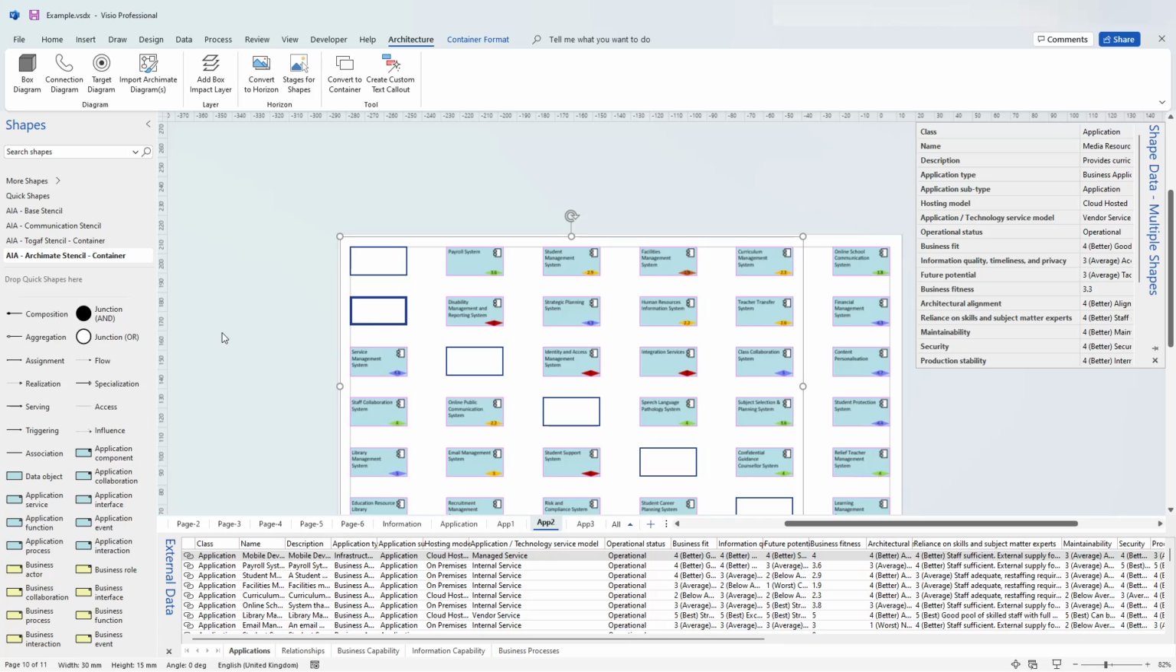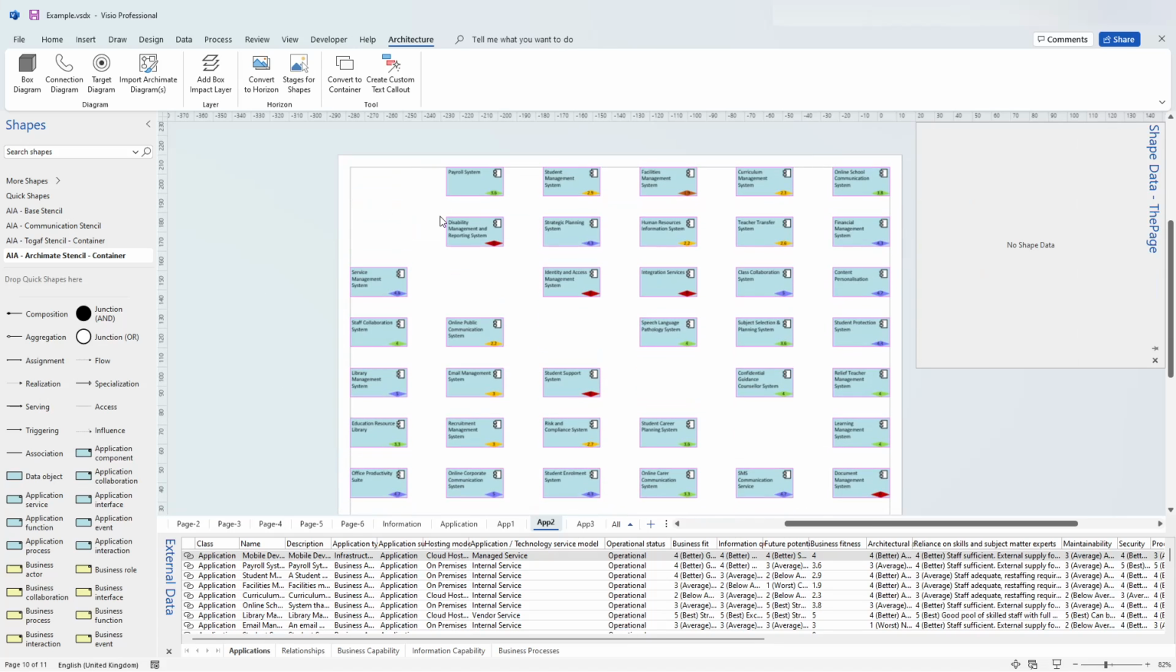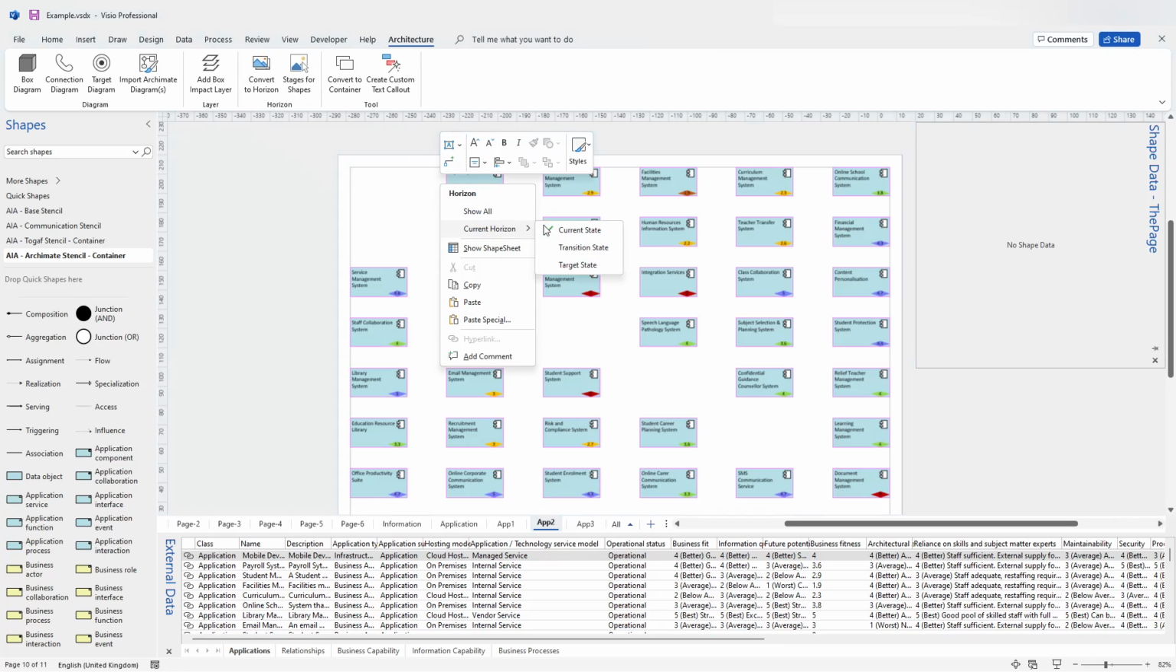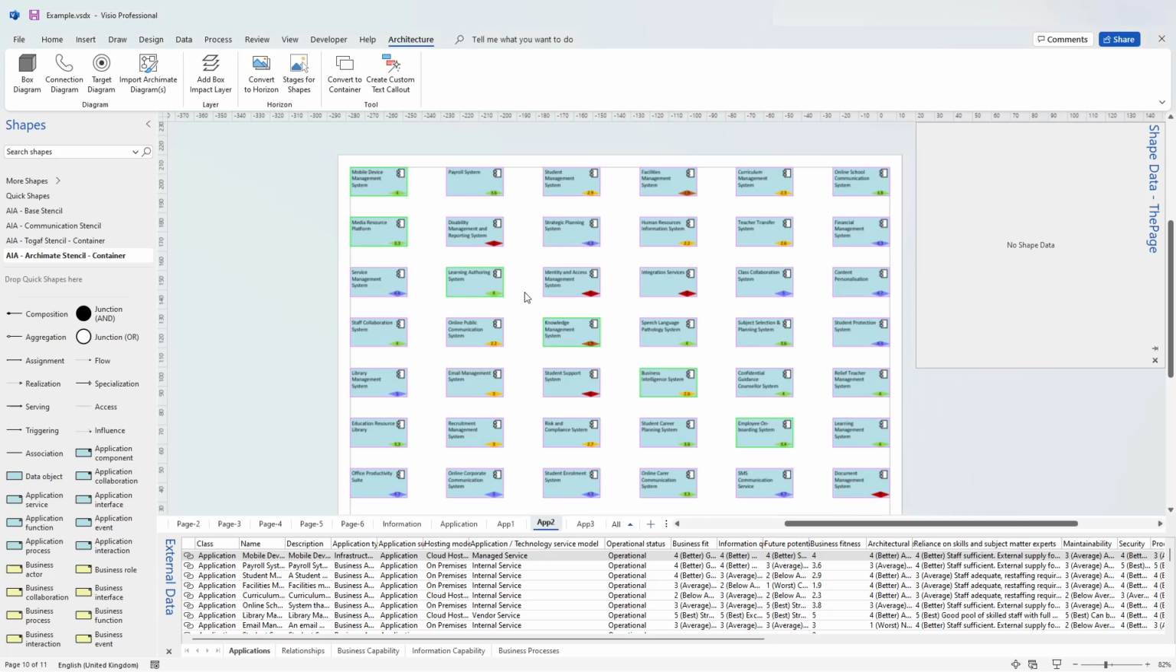Now immediately I've done that they've all disappeared. The reason why is if you right click on the page, the current horizon is current, and we said doesn't exist in current. So basically when it doesn't exist, it hides that. That is the one value which is sort of fixed in there, that it says, well, you can change the name, but the value of the first entry is always one that doesn't exist. But if I changed it to transition state, suddenly they appear, because the transition state, they should be